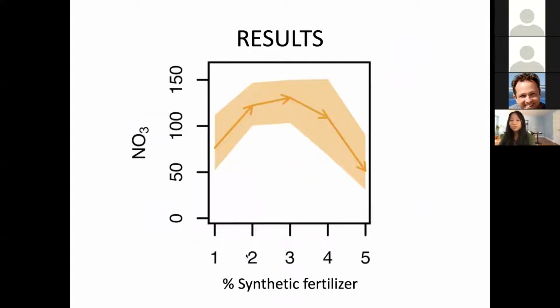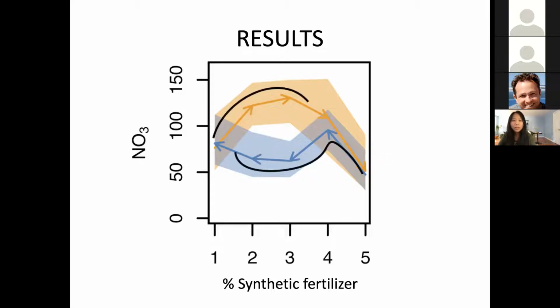So these are the empirical results for the transition forwards from organic to synthetic fertilizer. The shaded area is the 95% confidence interval surrounding mean nitrate loss for each of 5 increasing values of synthetic to organic fertilizer use. And in blue here, we have the results when those trays were transitioned back to organic management. So at the two extremes, there's no significant difference. So the results are the same forwards or backwards. But here in the middle, we have hysteresis.